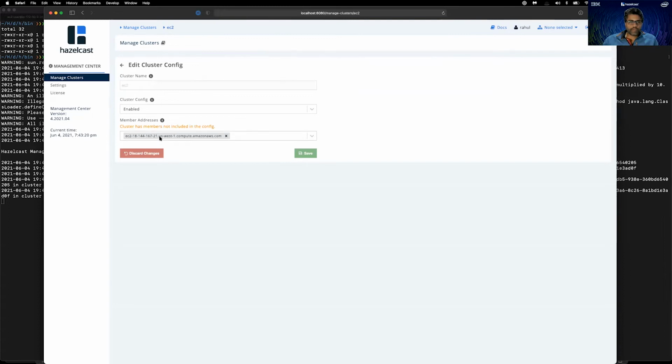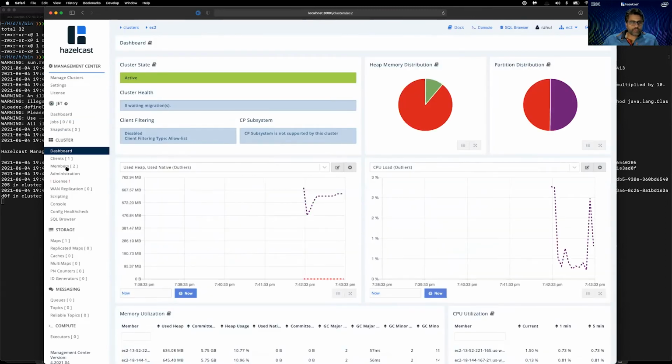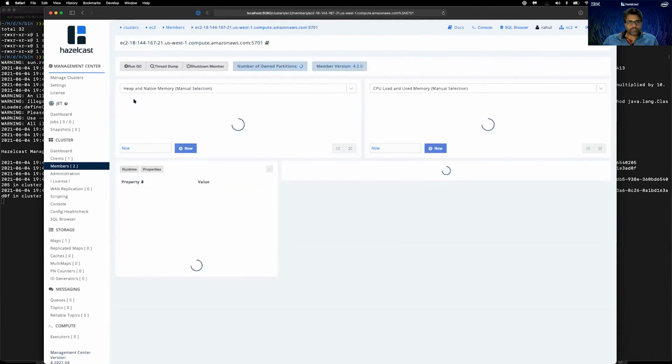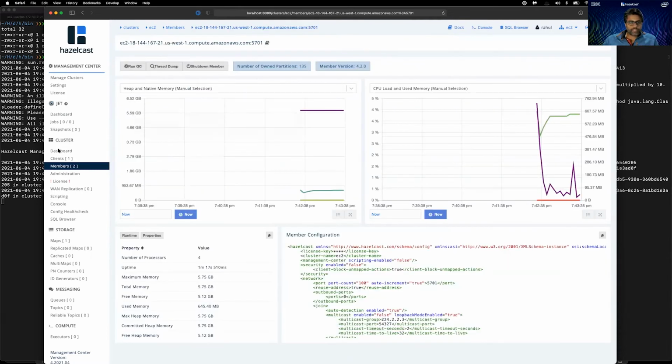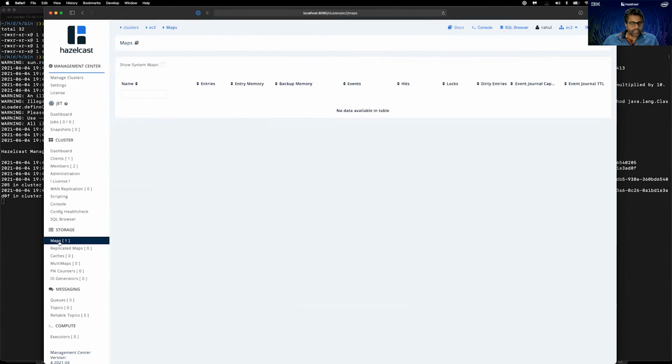This is where the DNS or the IP address of the server is configured. So that cluster is already up and running. We have 2 nodes there, 2 members, 1 and 2. And if I go back to the dashboard, that's how my dashboard looks. There is not much activity happening here. It's just the initial activity that happens when you start a JVM, which is related to Java. And there are no maps. There is one system map, which is not really meant for any user operations. It is a Hazelcast-created map, so you can ignore that. And there are no user maps as of now.